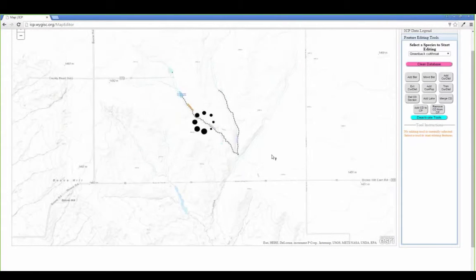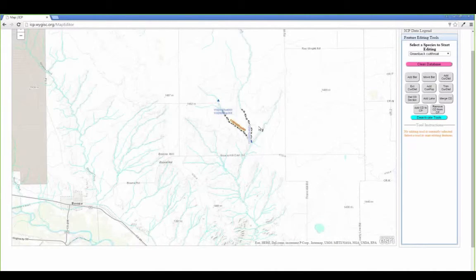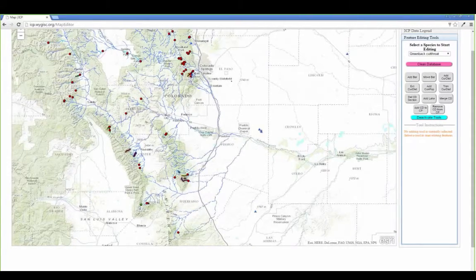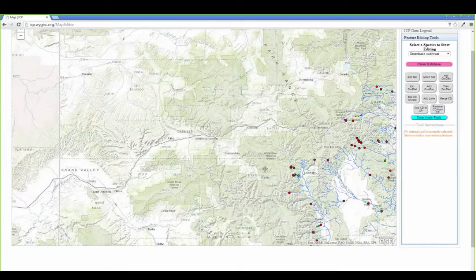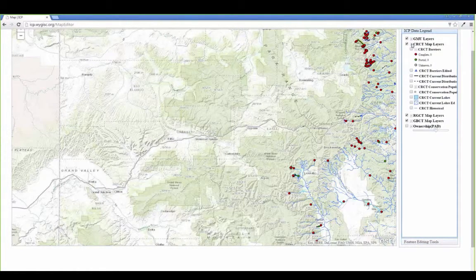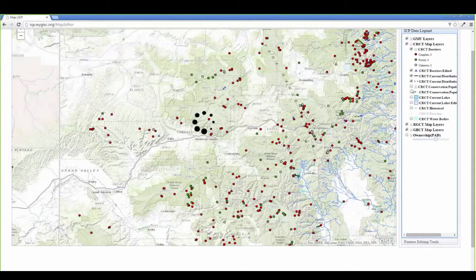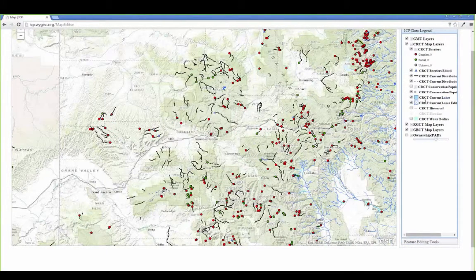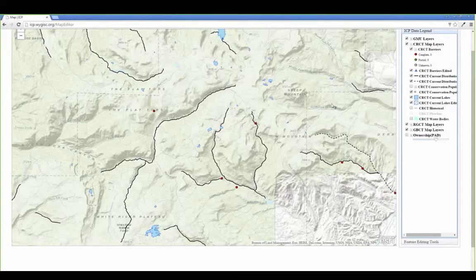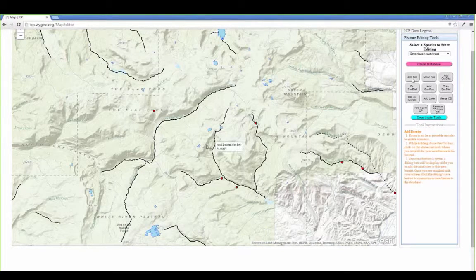And so that is about it for the editing tools. There are some safeguards in here. There are scenarios where one particular editor might be authorized to edit more than one subspecies, might be all of them. So if, for instance, I am trying to edit Greenback and I somehow get in a Colorado River area and I go to add a barrier,